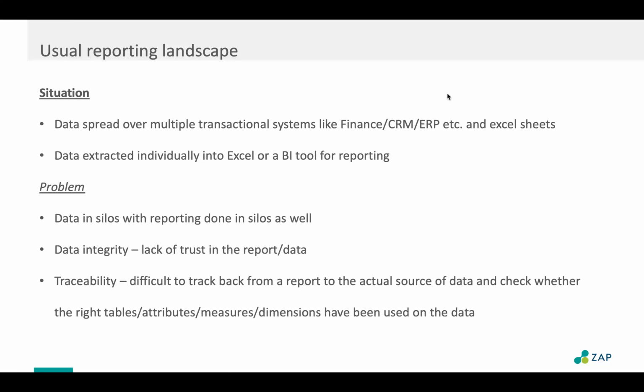So you have SAP Business One. You bring certain tables, or a trial balance for the finance team, into Excel. They build a report on there. Then you have a CRM system with a sales team, and they want to report on how their leads, activities and opportunities are moving along in the process. But there is a missing link between the two: what if you wanted to do cross-functional reporting? And this comes up very often.